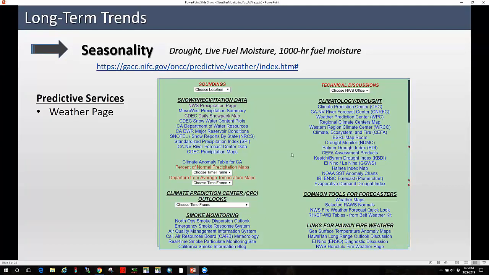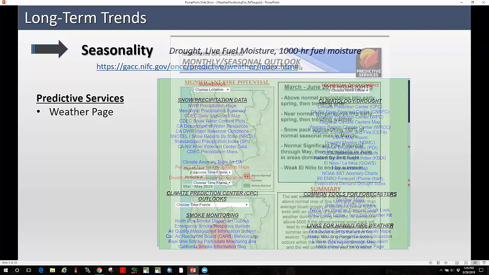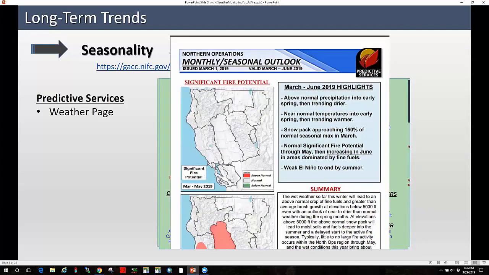So you can kill a lot of time looking at weather and fire danger on this predictive services page. This is a screenshot of their seasonal outlook, and these are issued the first of the month. They just give some highlights about precipitation trends, weather, temperature, snowpack, and then significant fire potential. And so that's a good thing to be taking a look at as you hone in or get closer to